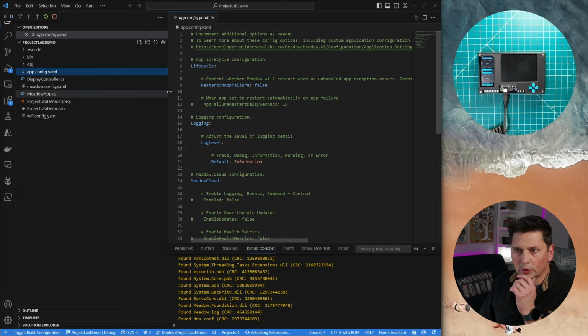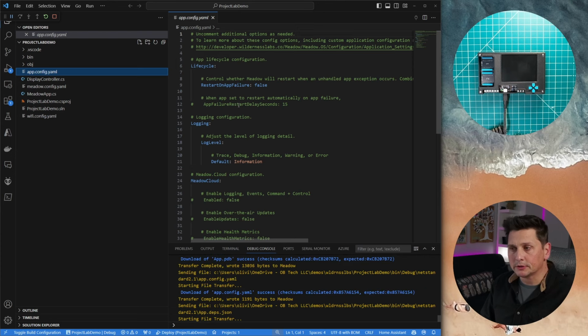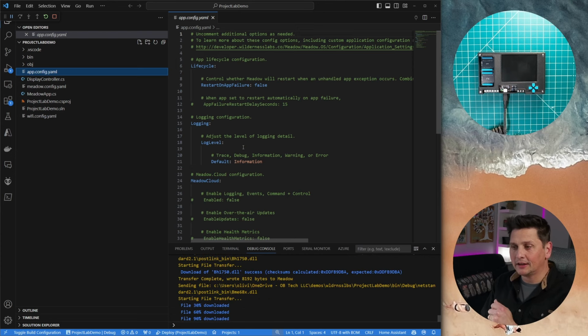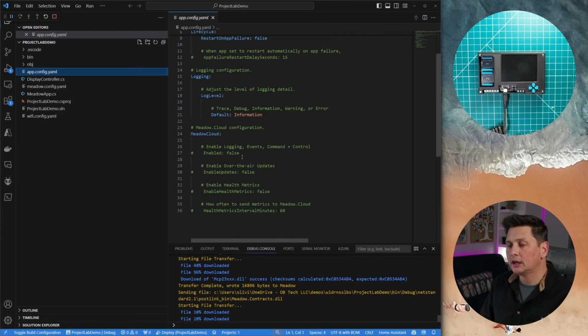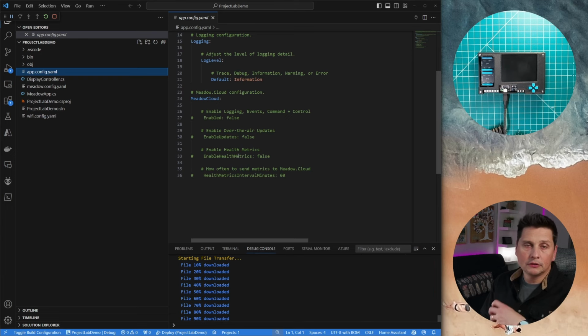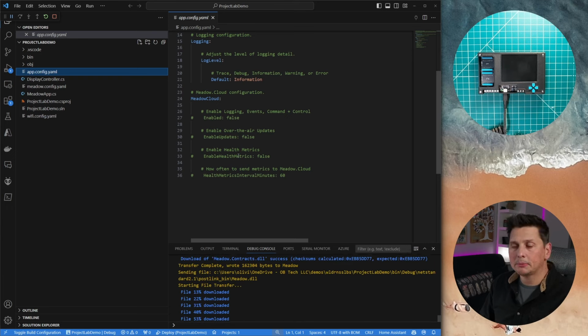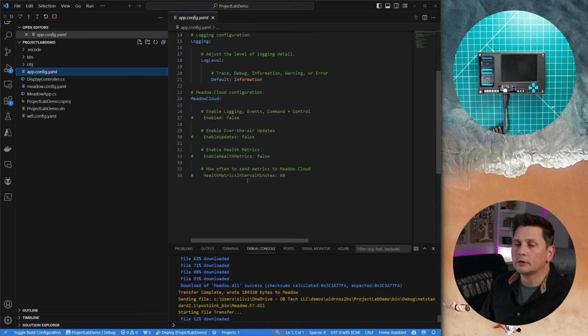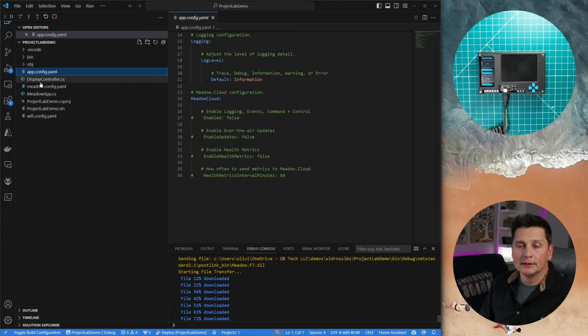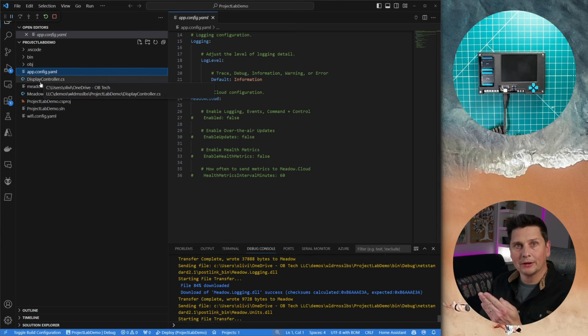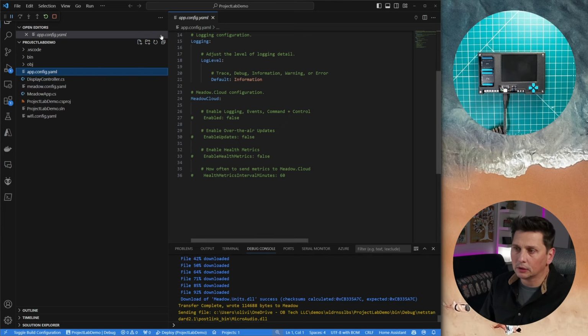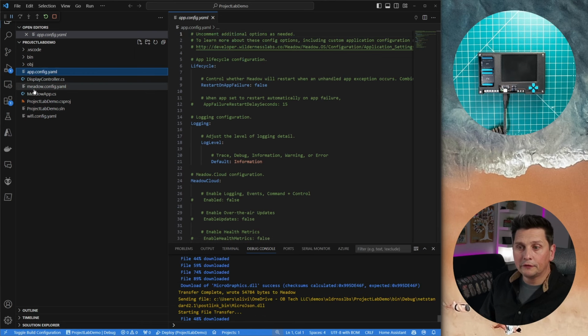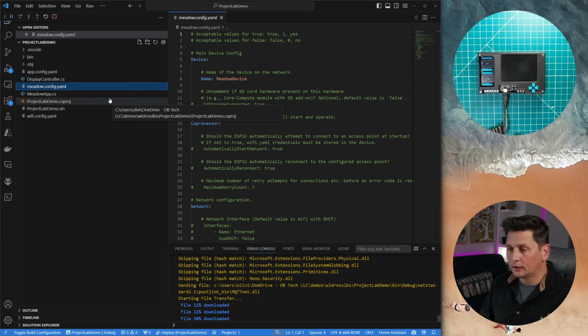The first one is the app config. It's pretty interesting. Meadow will offer application lifecycle management, restarting an app that fails. There's a level of logging, and then connectivity to Meadow Cloud to do updates of the application or partial updates of your application with library updates and so on through the Meadow Cloud. So over the year, pretty practical. Everything is in that config file that Meadow takes into account in the application.